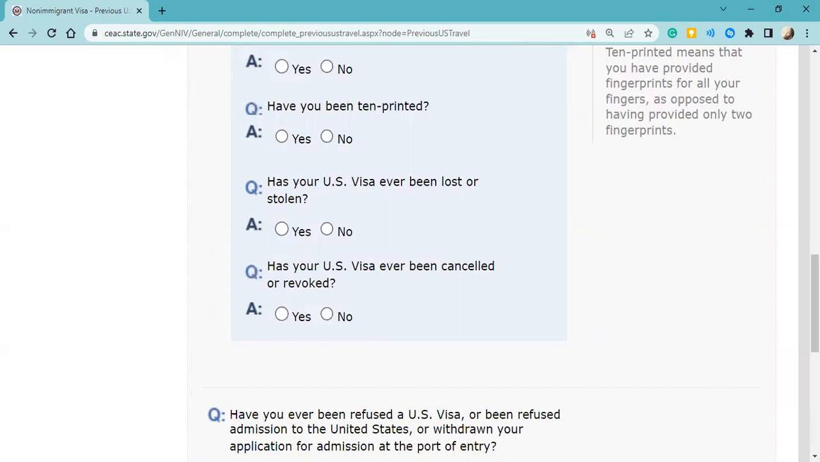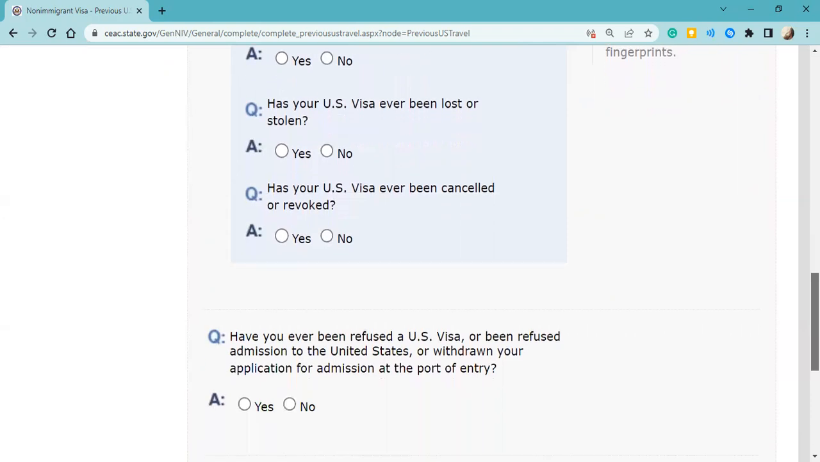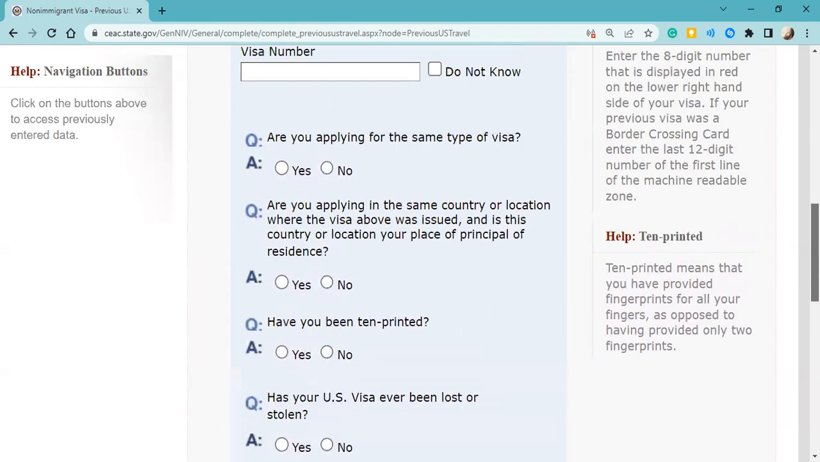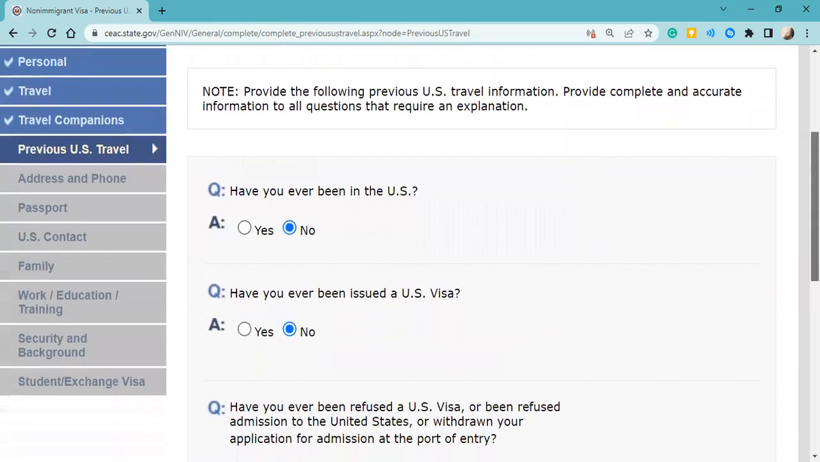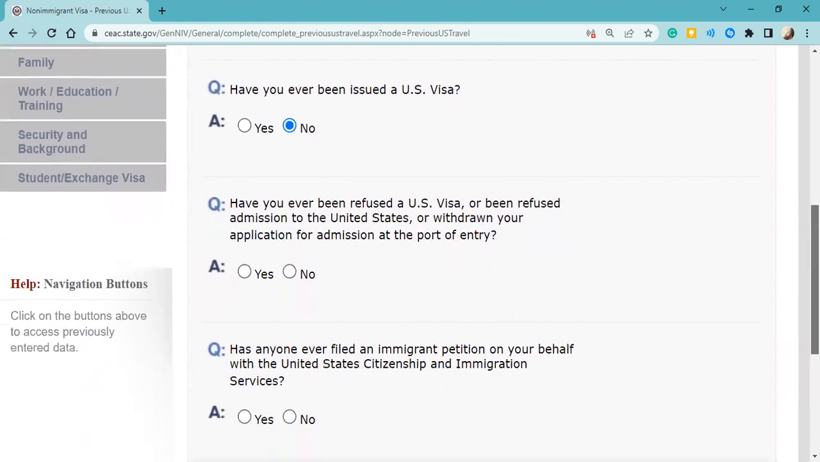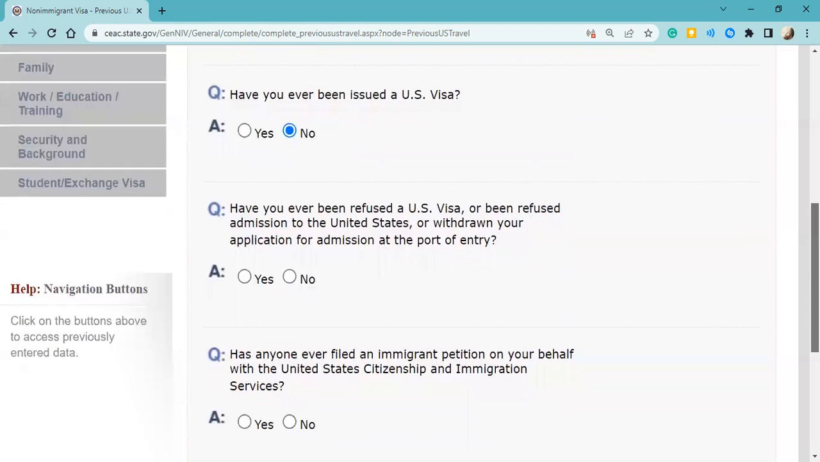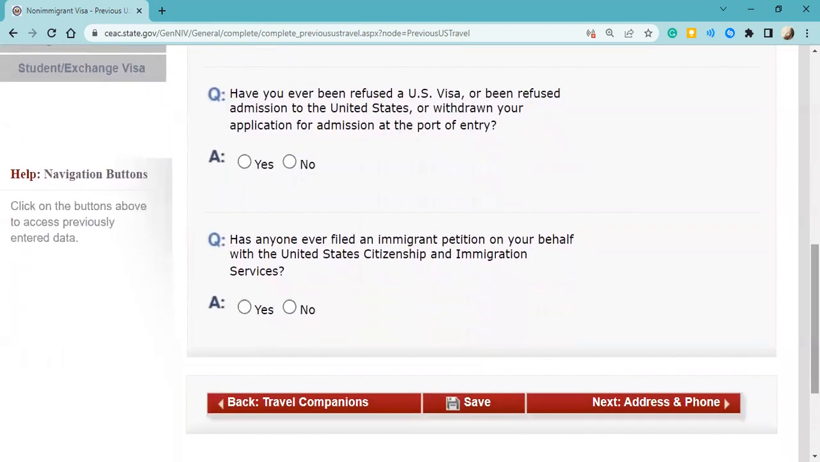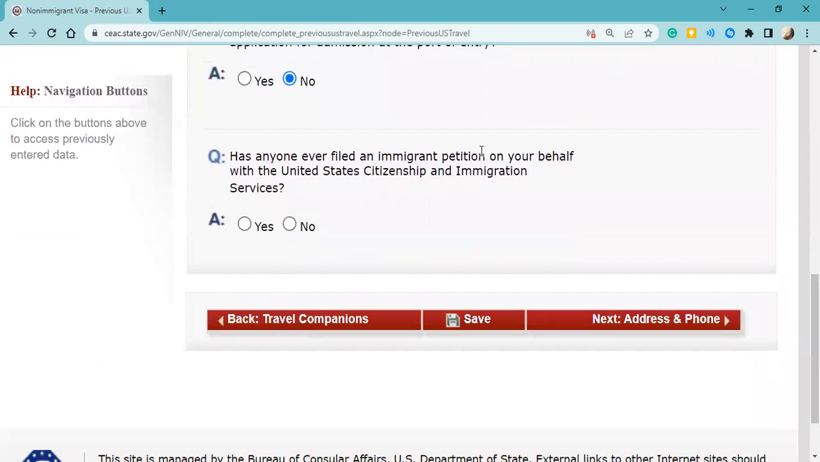Has your visa ever been lost or stolen? Has your visa been cancelled or revoked? Then again, it should be yes or no, depending on what has happened. But for others who have never gone through this process or never had a visa issued to them, they will click on no. I am assuming everyone might select no. Have you ever been refused a US visa or been refused admission to the United States? No. Has anyone ever filed an immigrant petition on your behalf? If you've ever applied for US citizenship, then you have to mention yes. Otherwise,